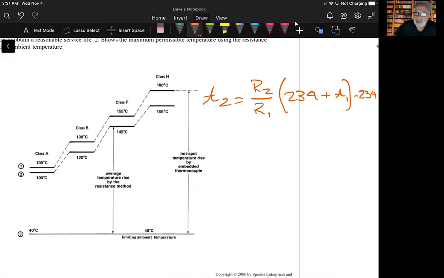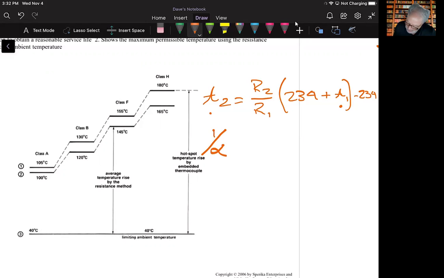T2 is the average temperature when the winding is hot, and T1 is the winding temperature when it's cold. 234 is a constant given to us that is equal to 1 over